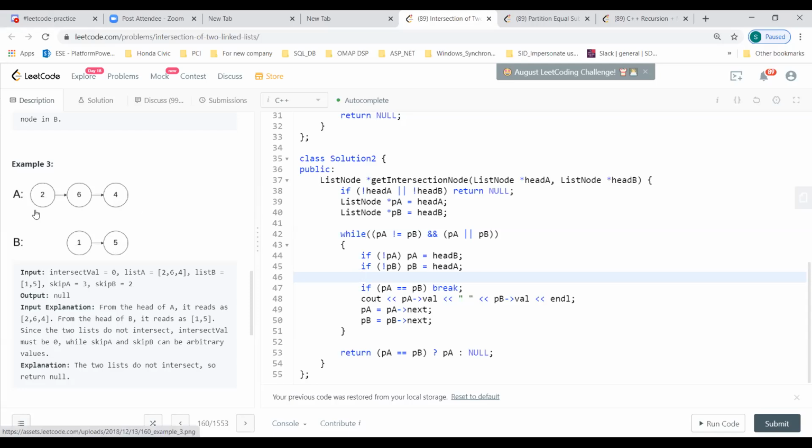What you're trying to do is find the sizes of these two lists, and then move one list further in such a way that they both start at the same position, lengthwise. This is also doing almost the same, but instead of counting the lengths, he's just traversing one way and then pointing to the other.